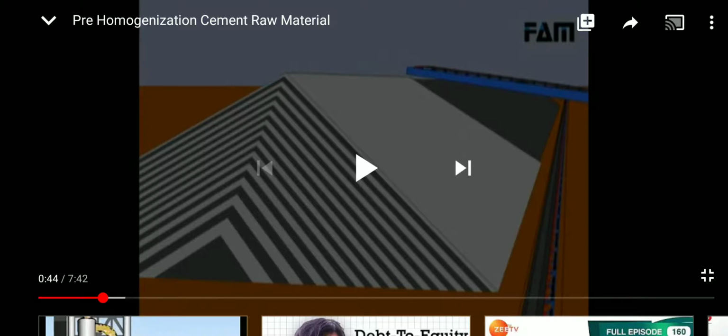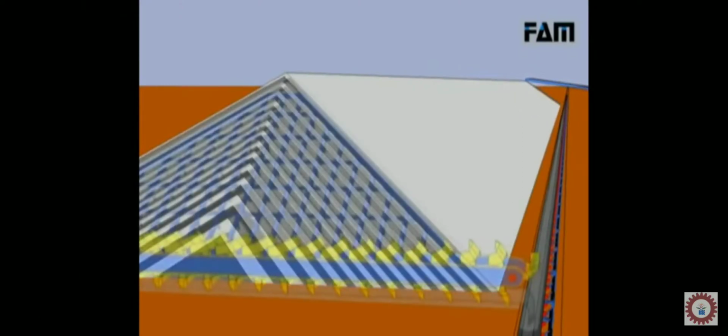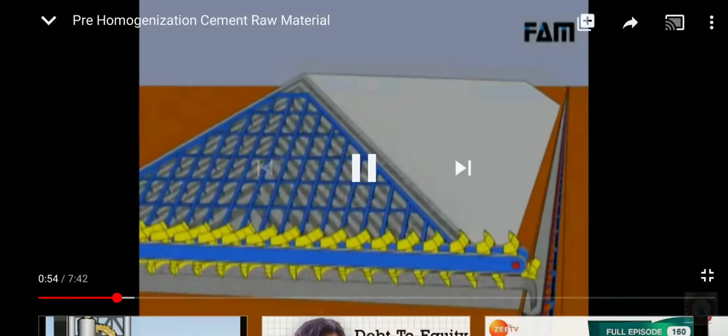So the layers are different. This is chevron type of stockpiling. Now you see this is the reclaimer. This is a bucket reclaimer. So you can see how the material is cut. I was talking about the cutting of the cake, or the cutting of the slice from the cake. So this is that cutting you can see here.